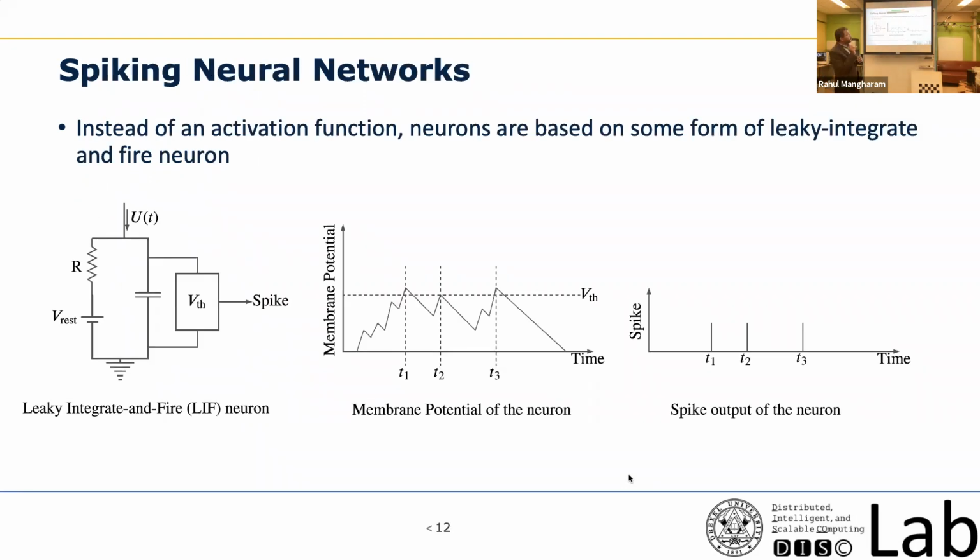One of the key distinctions between spiking neural networks and convolutional neural networks is the activation. Instead of an activation function, you have something called leaky integrate and fire. The neuron has something called membrane potential, that means it has a membrane voltage. As you put current into it, the membrane voltage increases. You can see over here the membrane voltage is increasing, and when there is no spike, it decreases. It's a kind of capacitor behavior. If you put a charge into it, its charge increases, and then if you don't do anything, the charge gradually reduces.